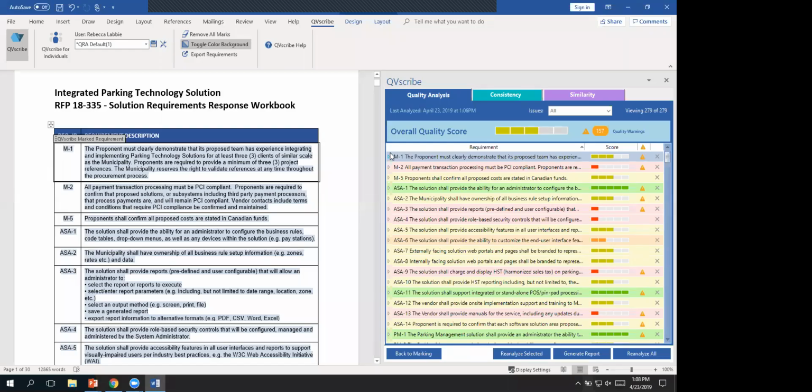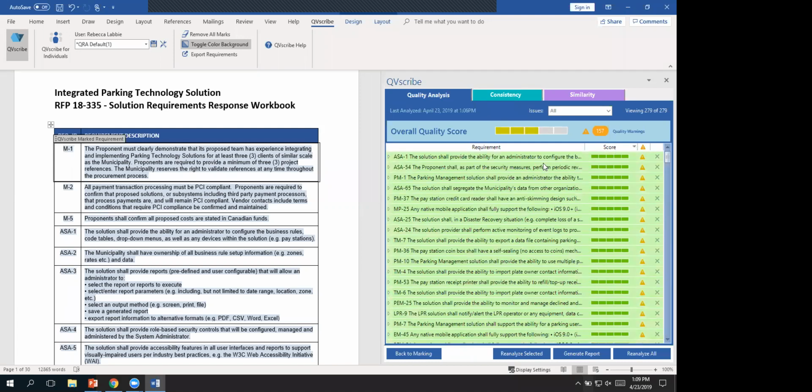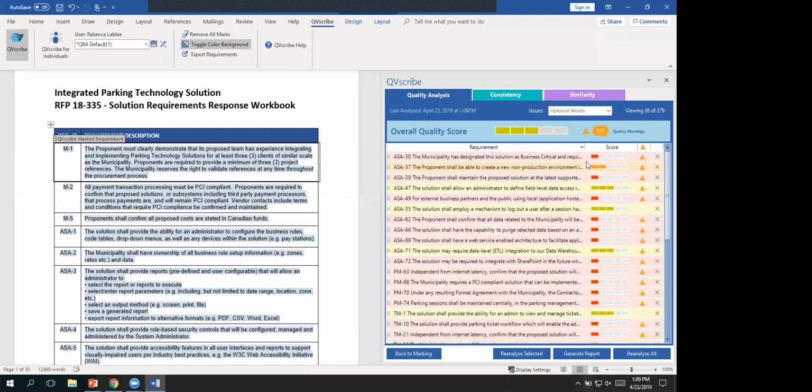So within the QV Scribe tool, you can sort your requirements in a variety of different ways. The first is by the way they show in the document, which is how it is now. You can also do it by score. But for the purpose of this presentation, we're going to do it by the order in the document, as well as over here you can sort by issue. So since we're looking at optional words, we're going to dive right into optional words